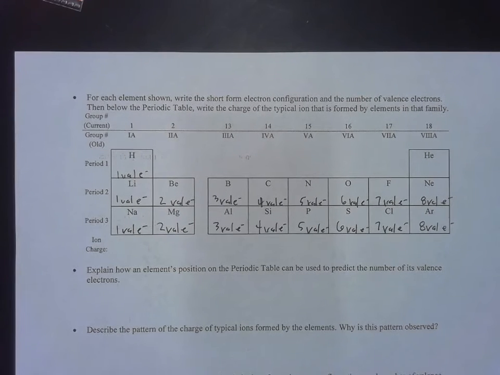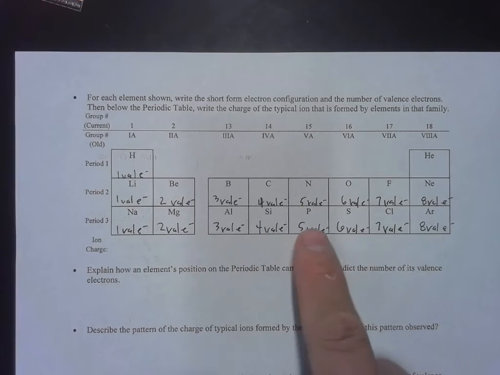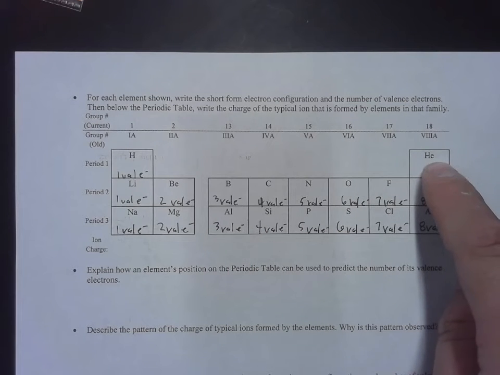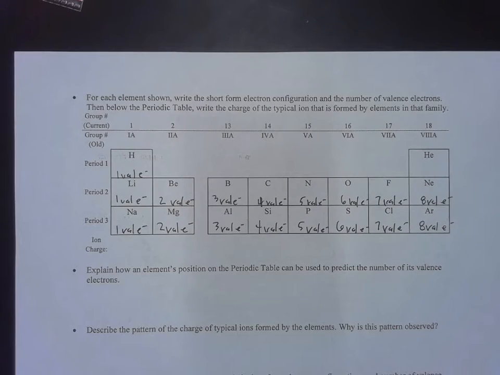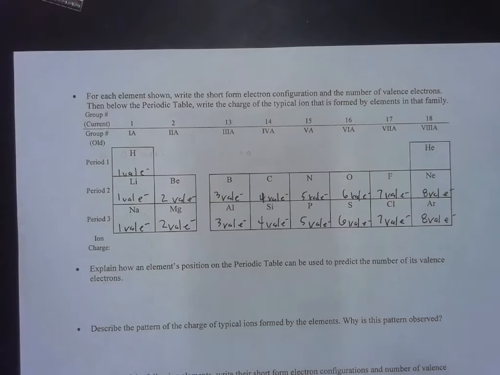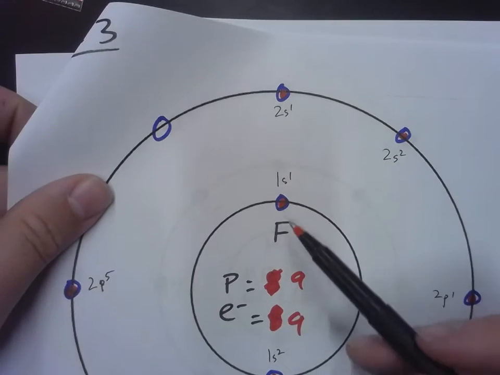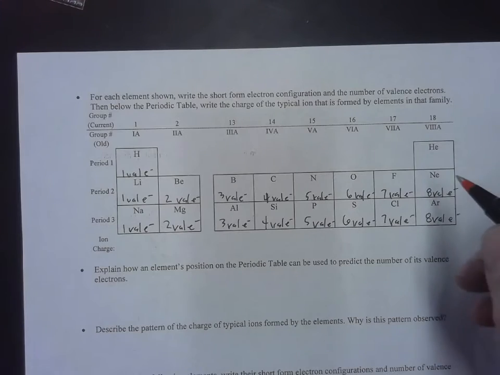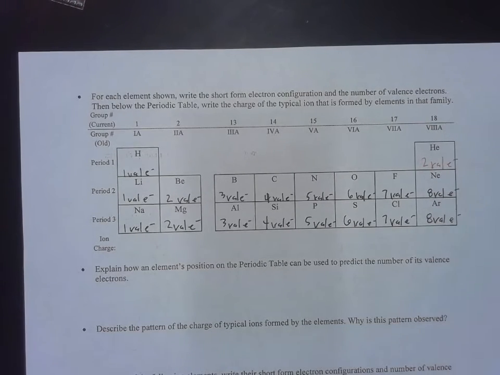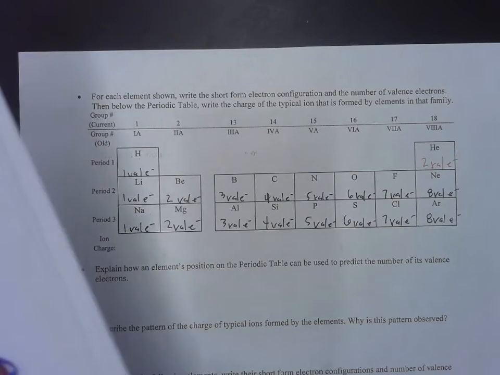Okay, check your answers. Make sure that you got them right. 1, 2, 3, 4, 5, 6, 7, 8, with the exception of helium. Because helium only has 2 electrons total, okay? And that first row, remember the first row only has 2 seats, so helium's the only exception. It's got 2 valence electrons, okay? All right, so how about,